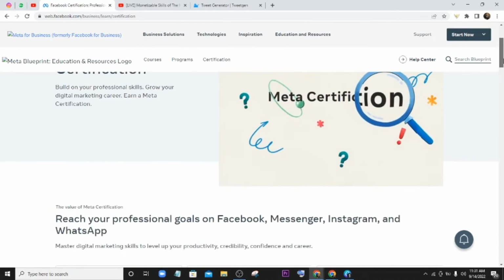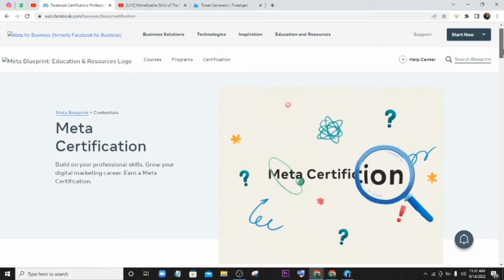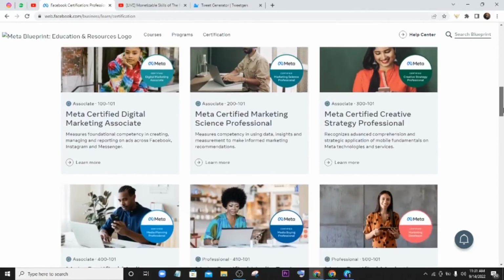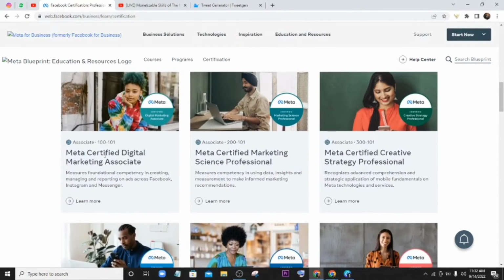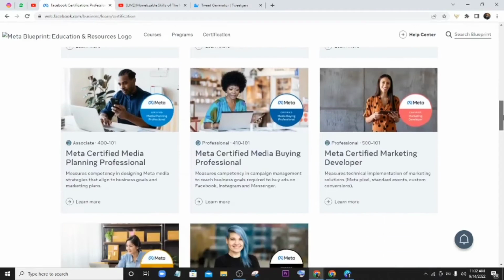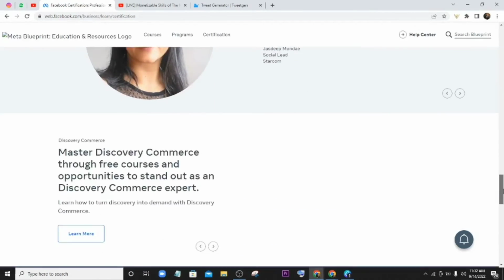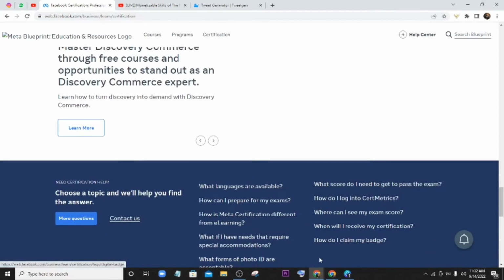this certification and understood how to run Facebook and Instagram ads, the easy way to monetize it is to reach out to people and offer it as a service. A lot of people want to get their products and their services out to so many persons, but they don't know how to go about it. So if you have the right knowledge, you have the right understanding of how to go about this, you can reach out to the people that need these services and then offer it as services to them.